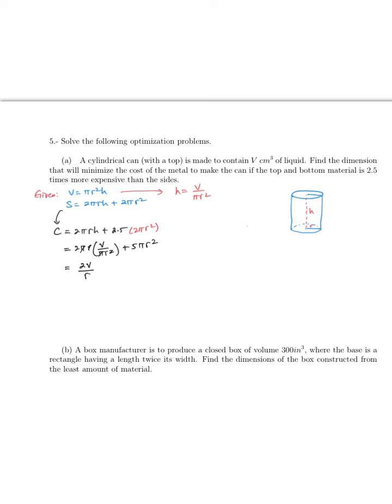over r plus 5 pi r squared. Notice that the V over r is the same thing as V r to the -1, which is easier notation when we take the derivative. So therefore from here, the derivative of the cost is going to be minus 2V r to the -2 plus 10 pi r. Now we need to find the critical points, and for that we factor, and remember you should